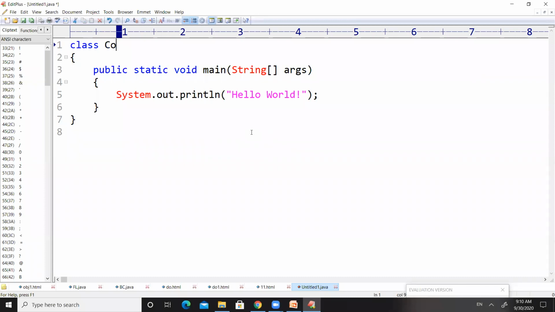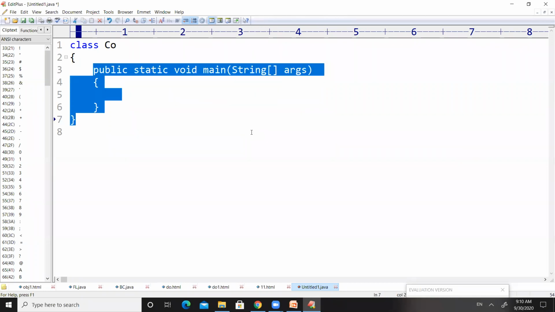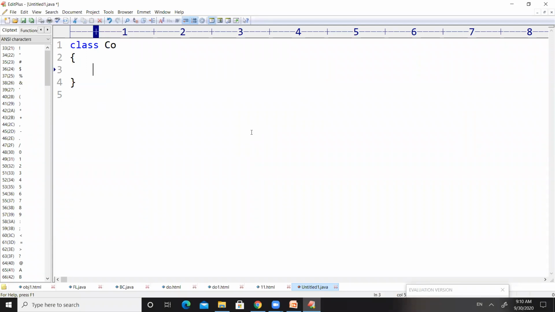So my class name is CO constructors, right? In this main method, let us write the main method later. Right now, if I want to define a method, I generally use a return type. In case the method does not return anything, I use void.